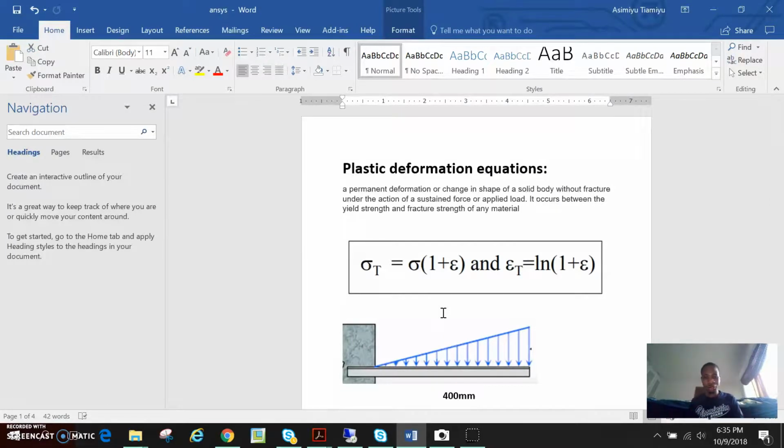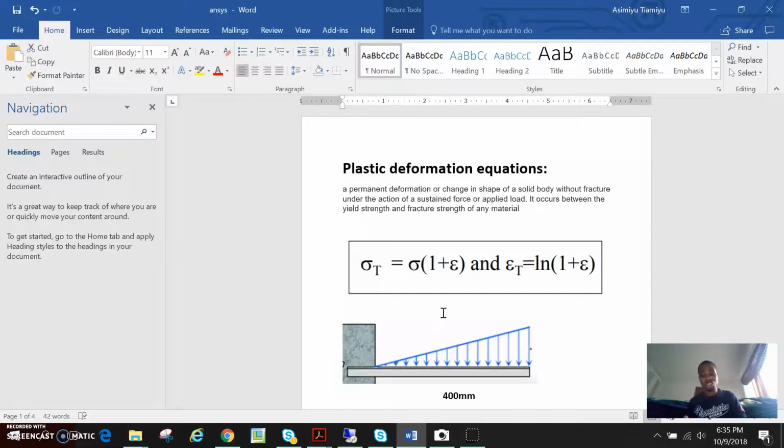I want to do a brief video on plastic deformation, and this will be one of the projects that I will be doing. I just want to explain some key concepts, the parameters that we're going to use during the simulation analysis. So basically, when we talk about plastic deformation, it's a deformation